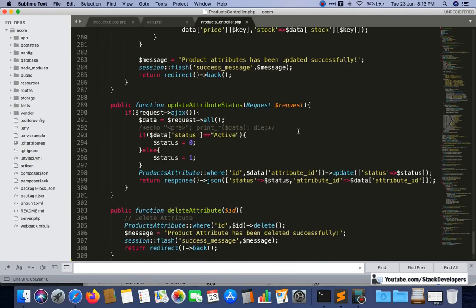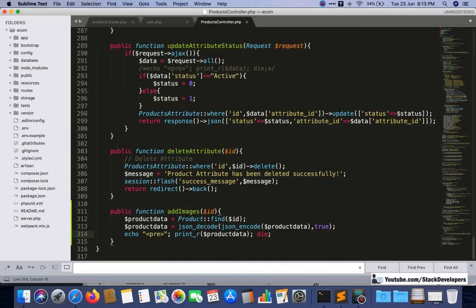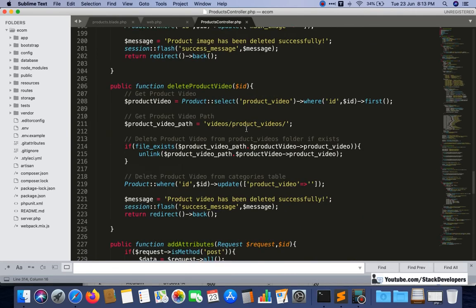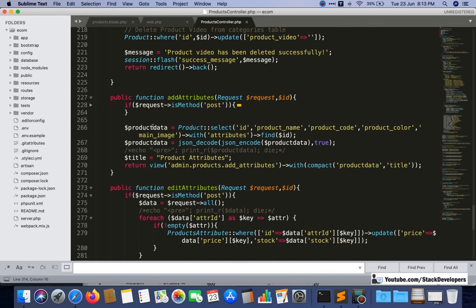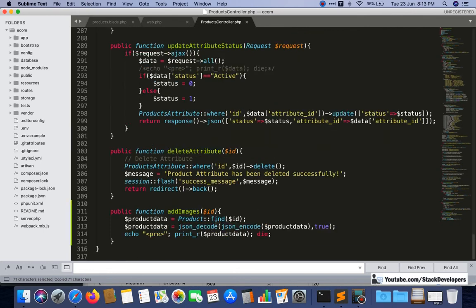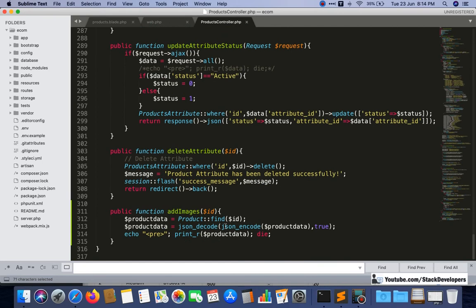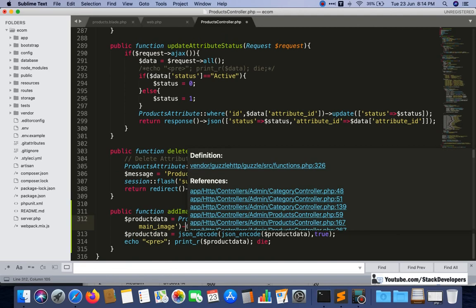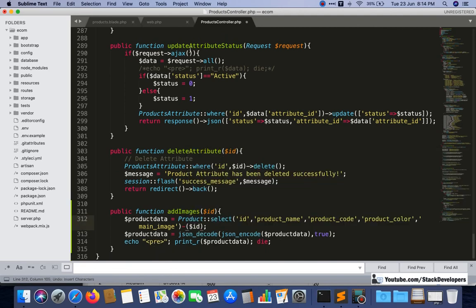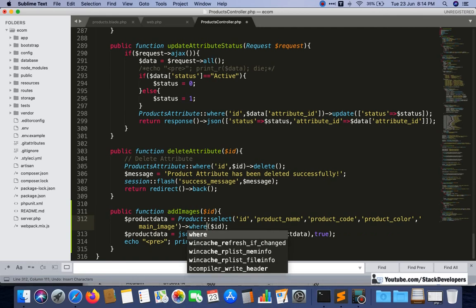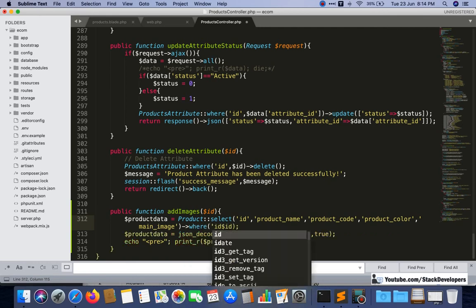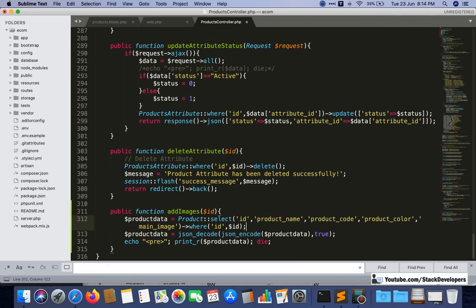So we will do the select query here, in add images as well as in add attributes, so only selected data we are going to add. We will add the same data here like we have done here, product data. Select this one, and here we will not do find now, we will do where id is $id, like this.